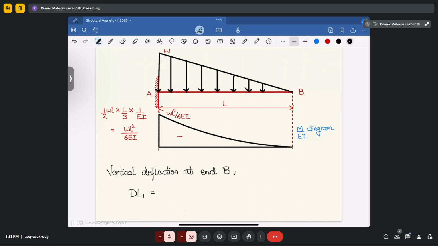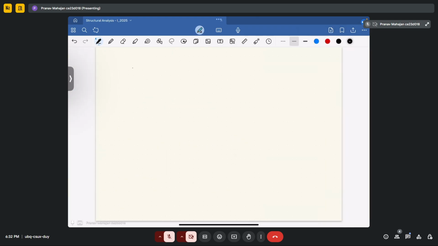As mentioned previously, it will be equal to the area of this bending moment diagram multiplied by the lever arm with respect to B. So that means your delta L1 will be equal to the area of this bending moment diagram, that will be equal to